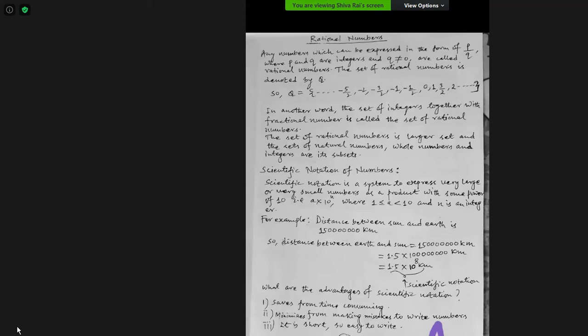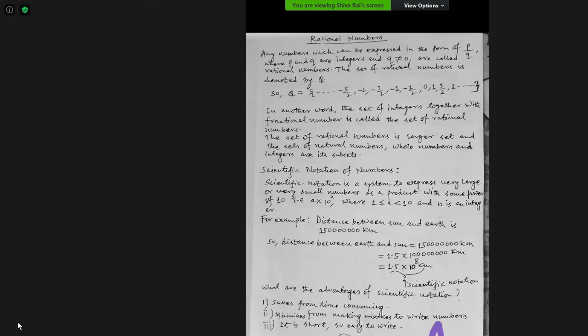You look, this very large number, 15 crore, we write in this very short form, 1.5 into 10 to the power 8. Which is long? Tell me. 15 crore is long, or 1.5 into 10 to the power 8 is long? 15 crore. If you have idea, certainly you will learn how to write. Then it will be very short. If it is very short, there is less chance of making mistake.